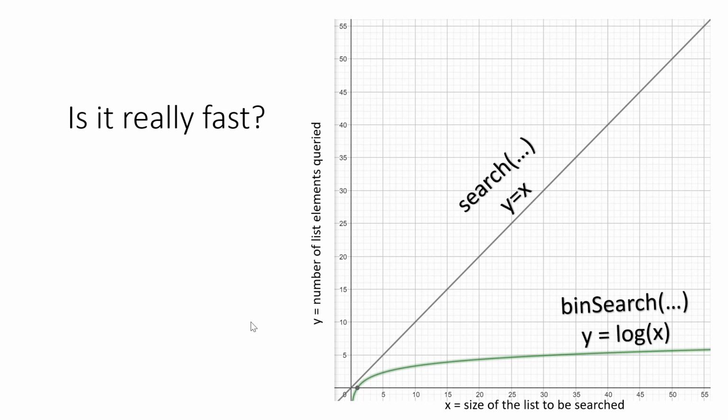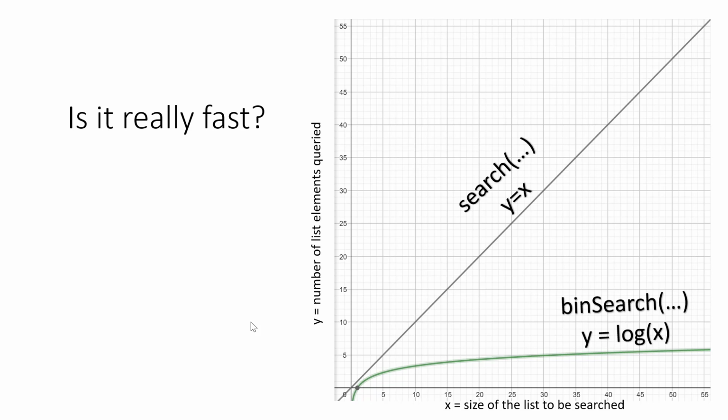Let's compare the running time of the bin search algorithm we have coded with the search algorithm we coded right at the beginning of this lecture. The search algorithm we saw took n steps in the worst case, where n is the number of elements in the list. The bin search function, on the other hand, makes log n recursive calls, and the number of elements it has to query is at most 3 times that number. Over here, we just want to compare how n compares with log x. As you will see, log x really looks like a flat curve as compared to y equals x.